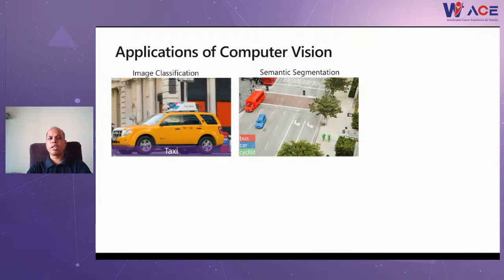Similarly, you can see semantic segmentation. Semantic segmentation is when you have a different set of vehicles or images in a particular place or signal, and you determine whether a particular vehicle, in a particular shape, style, and lane, is a bus, a car, or a cyclist. You can see the color codes being defined here: the red vehicle is determined as a bus, the blue one is determined as a car, and the other one is determined as a cyclist, those who are on the footpath.